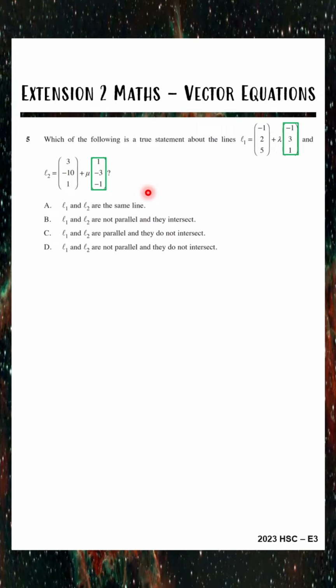And the answer is yes, because I can take these three numbers, I can multiply them by -1, and I'll get +1, -3, -1. So it's very quick and easy for me to show that the two direction vectors are scalar multiples. That tells me they are parallel, which tells me I can scrap D and B because D and B say not parallel. Now to figure out whether it's A or B without flipping a coin, I need to